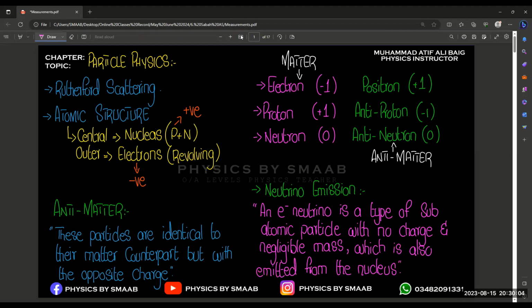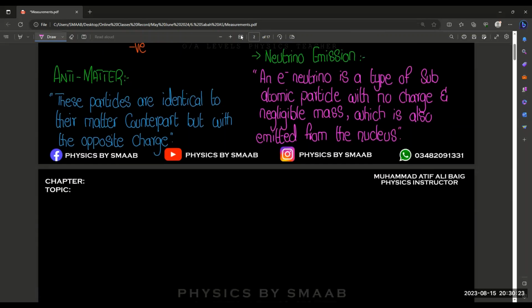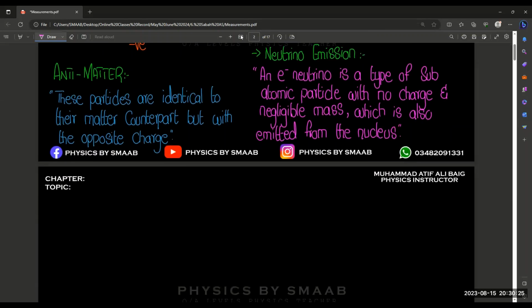In this chapter we are not going to discuss in very much detail, so sometimes you find that the topic is very short. We just talk about the definition, their charge, and their combination, and that's it, right? So don't worry about that, because the topics are not going to be very detailed. So for neutrino emission, we need to write more things about this. That will be